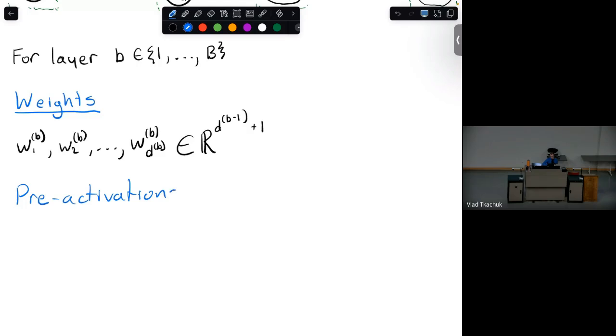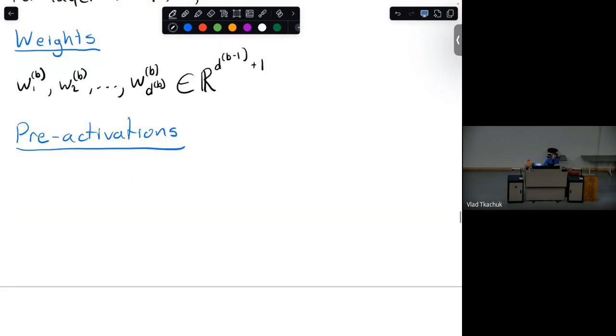These are the Z's. How many of them are there at a layer? What are their dimensions? That's what we do next. You can think there's a vector of them. Just like there's a vector of activations at a layer, there's going to be a vector of these. Each one of the indices is going to be passed into the activation. So you have Z_b of 1 up to Z at this layer b, and here, once again, we use D of b. There should be as many pre-activations as there are activations.